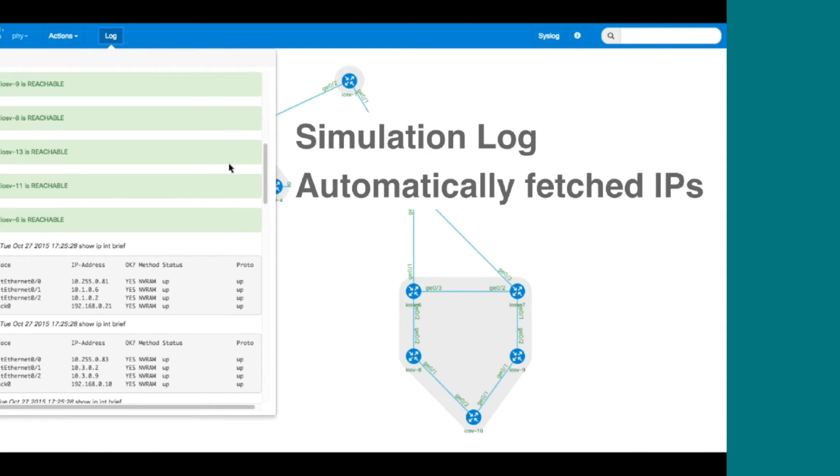Now what we're also doing is, once we see in the live visualization that a node has changed status from active, which means it's booting up and taking a config, to reachable, when it does that state transition, we then log into the device and grab its IP addresses. So we'll run the collection command. We can see the IP addresses have come back here.